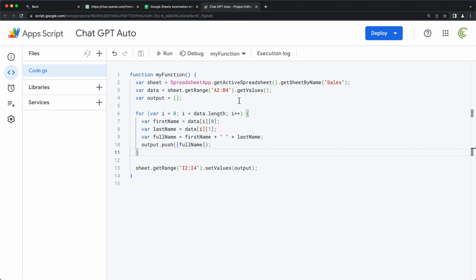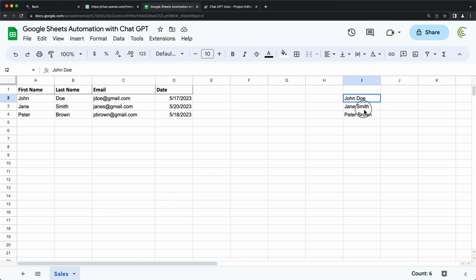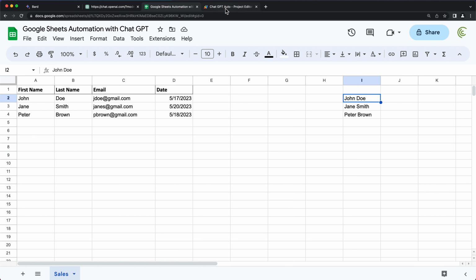Let's just go ahead and run this, and let's take a look. So as you can see, we have our results: John Doe, Jane Smith, Peter Brown in column I. Exactly how we want it. No problem. So let's try the same exact thing